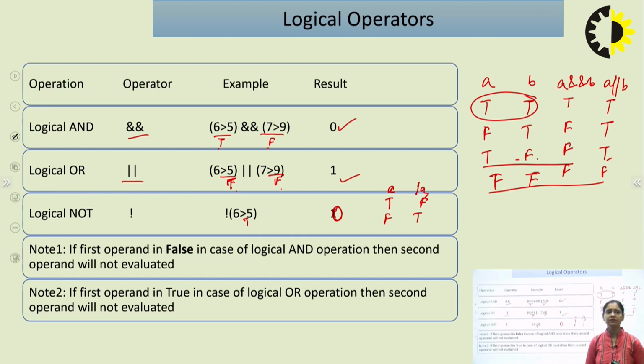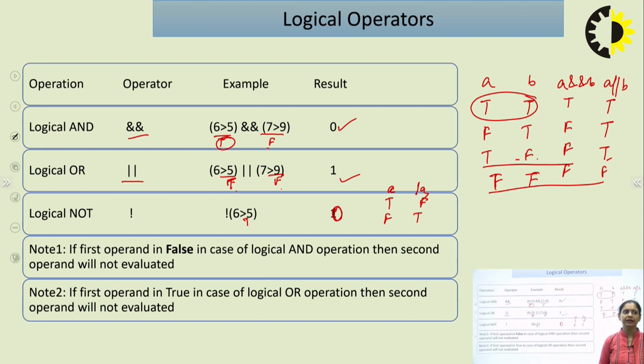6 greater than 5 is true. So NOT of true would be false. So the result over here would be false. So in the note, as we have discussed, it says if the first operand is false in case of logical AND, then the second operand will not be evaluated. That means if we get the value false for the first operand, then there is no use to check the second operand, because if any one of the conditions is false, the result would be false